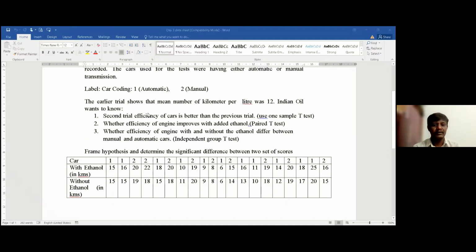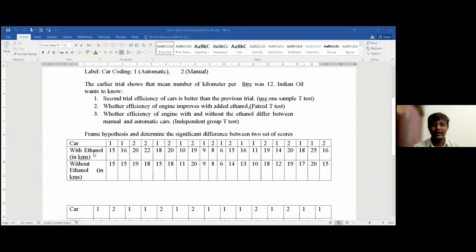Sorry, I have coded differently: 1 denotes automatic car and 2 denotes manual transmission car. The second row gives the mileage when ethanol is added to the fuel. The third row gives the mileage of vehicles without ethanol.